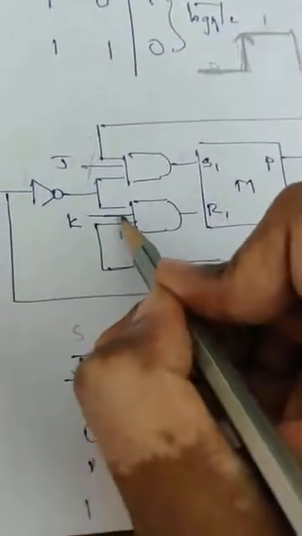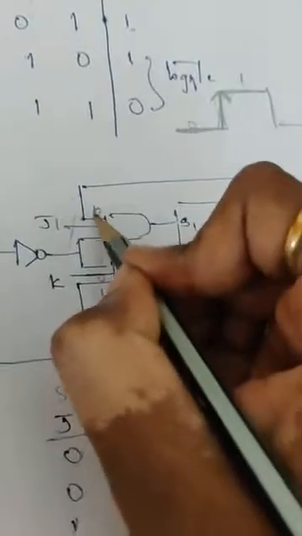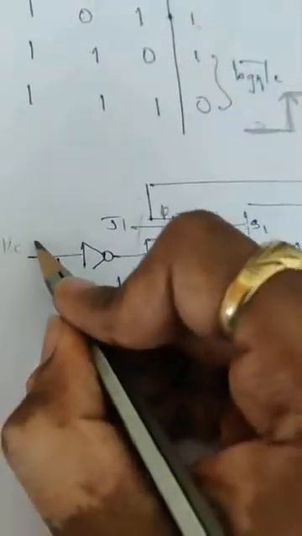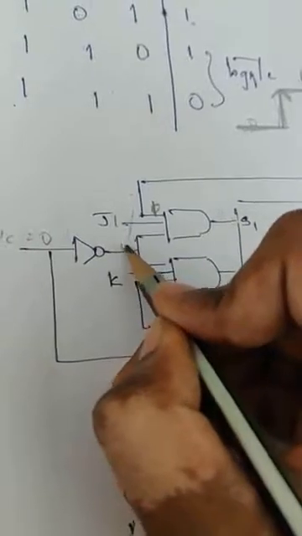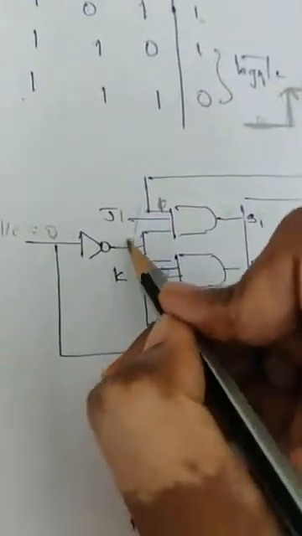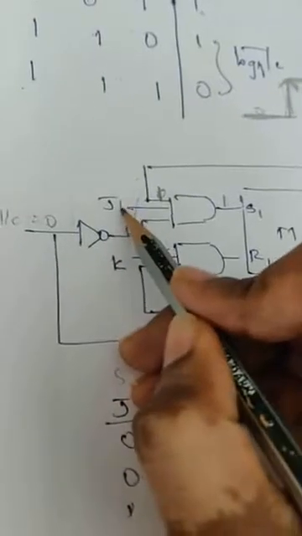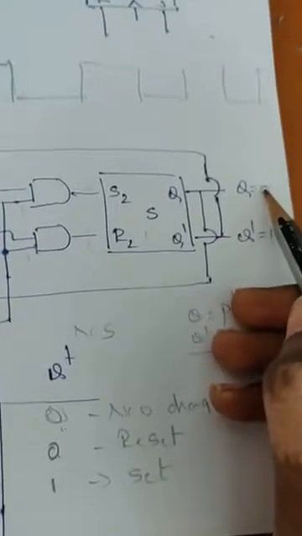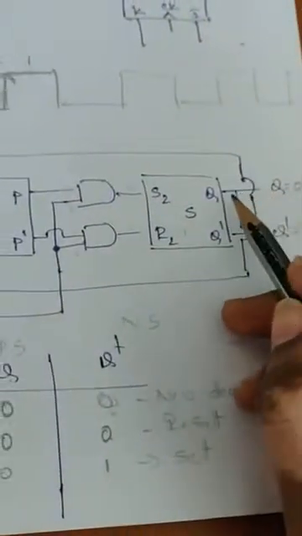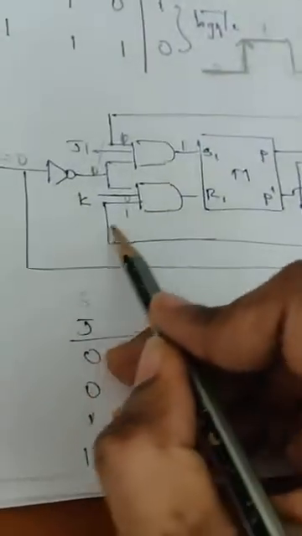So next combination is K is equal to 0, J is equal to 1. This is 1, and if the clock is 0, this will be 0, and this will be 1. 1, 1, 1 is 1. So this 0 will be converted to 1. J I have taken as 1. This 1 I have got from Q bar. Q bar is 1 because Q is equal to 0. So now Q is equal to 0. I have taken connection from Q is equal to 0 from here to here.